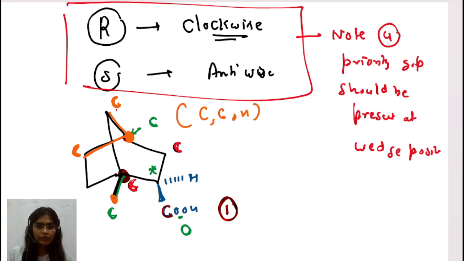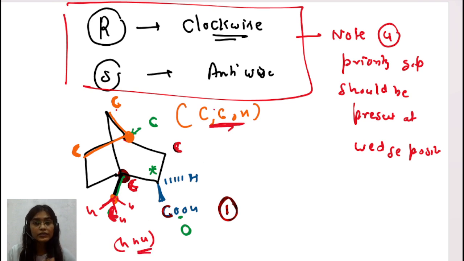And if you observe this carbon, we are talking about this one, right? This is connected with hydrogen, hydrogen and hydrogen. So look at this: carbon, carbon, hydrogen versus hydrogen, hydrogen, hydrogen. Which one has the first priority? Obviously the one with two carbons and one hydrogen. In the priority order, if you give the number here, this one achieves the second priority. So this is the second priority group.